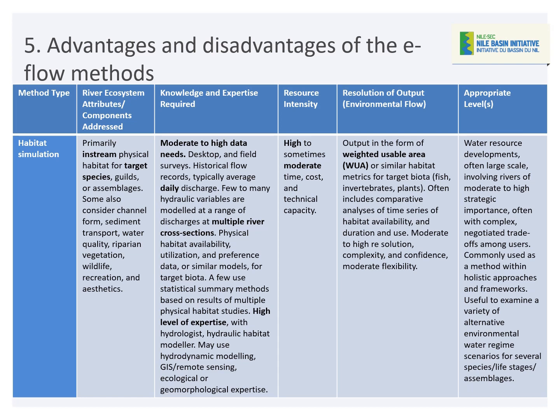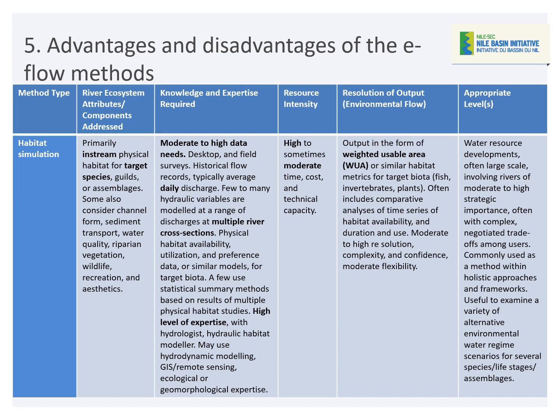High level of expertise is required, with a hydrologist and hydraulic habitat modeler. That may include hydrodynamic modeling, GIS, remote sensing, ecological and or geomorphological expertise as well. The resource intensity is high to sometimes moderate, including time and cost and technical capacity. Output is weighted usable area or similar habitat metrics for target species of fish, invertebrates, plants, for example. They often include comparative analyses of time series of habitat data availability and the duration and use. Moderate to high resolution, complexity, confidence